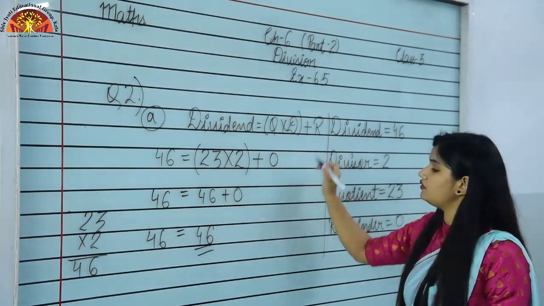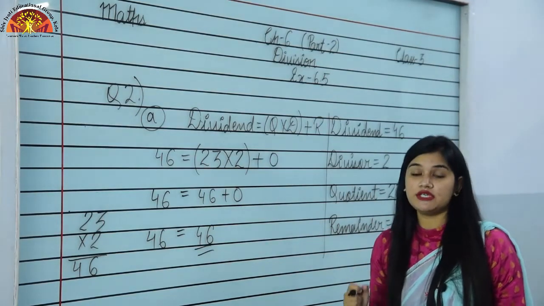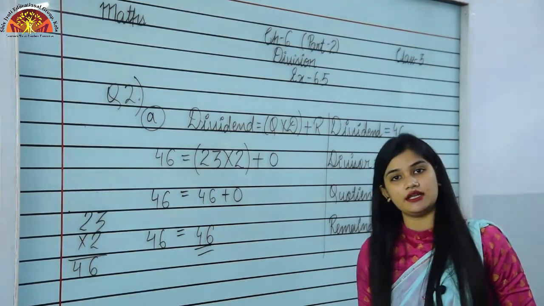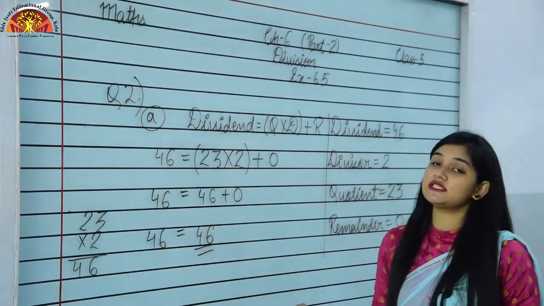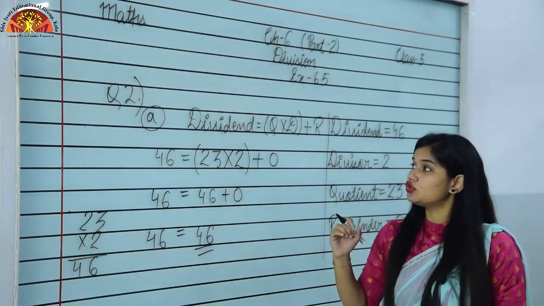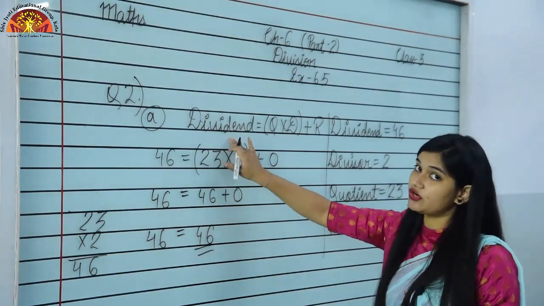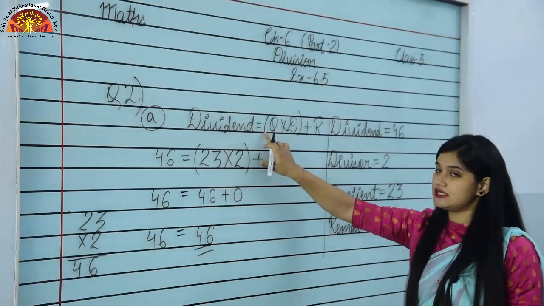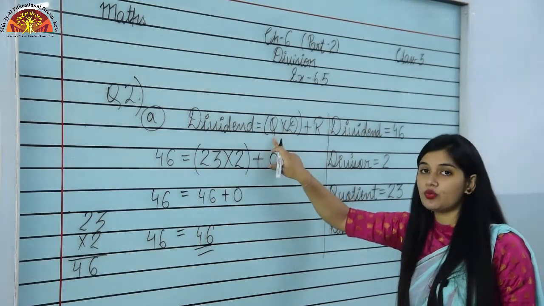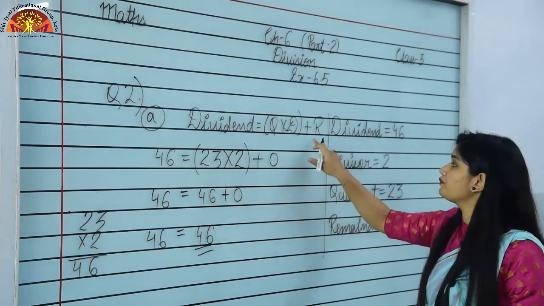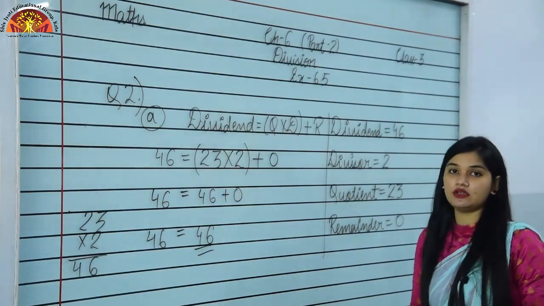जब हमने इसको पूरा सॉल्व किया हमें आंसर क्या मिल गया? We are getting dividend again. It means our division is correct. Is it clear students? अगर ये दोनों sides equal नहीं होंगी, it means our division is not correct. So to check the division, we have to use this formula. Now what is the formula? Dividend is equals to divisor multiplied by quotient, or you can say quotient multiplied by divisor plus remainder. Is it clear students? And in this way you can check your answer.